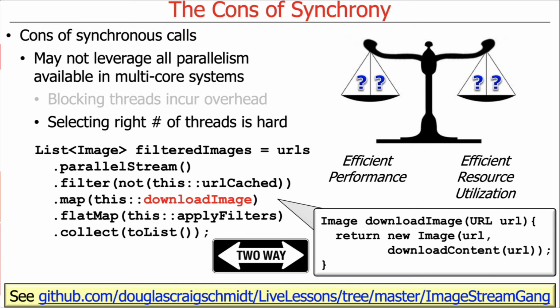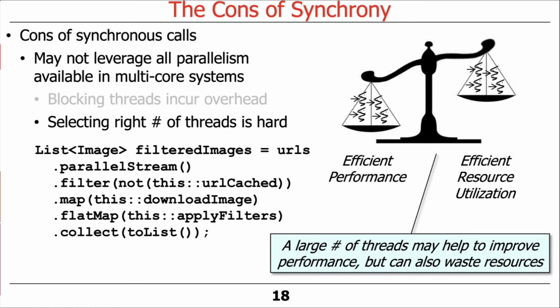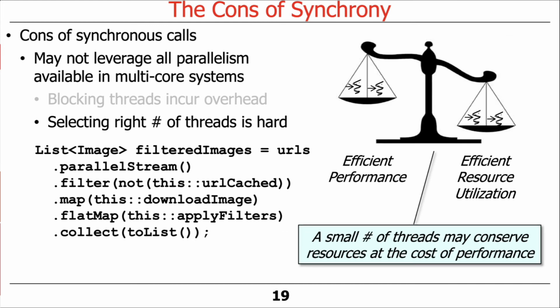And that raises the very important question, how many threads do we need to have in our pool of threads in order for this code to parallelize efficiently? And the answer is it's surprisingly tricky to figure this out. You might end up spawning a large number of threads, which can improve performance, but then perhaps waste the resources you have if they're not used effectively. And likewise, we could also create a very small number of threads, which would use resources more effectively, but would end up impeding performance because we can't have as many things running in parallel as we might want.